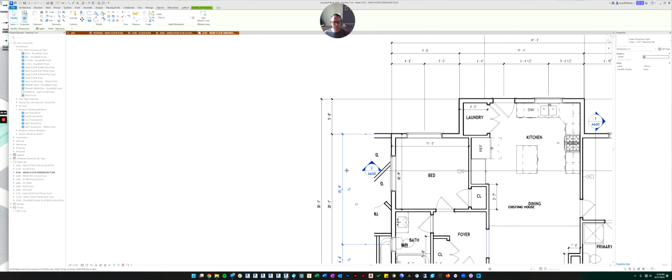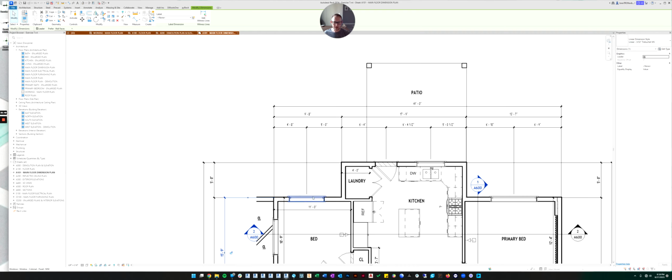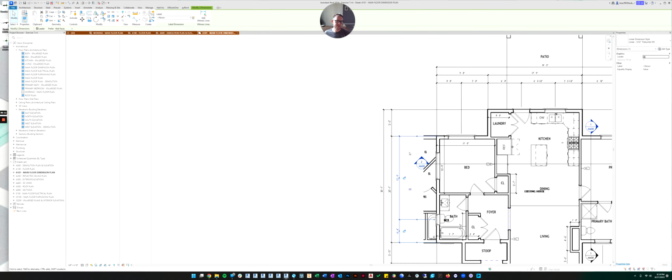So remember, the first row is you're trying to get everything, every building jog and every window and every door all in one string. And then the next string is just a summary string of all the jogs. So then you're just trying to get jogs in the building. And then the third string is the overall length or dimension of that whole side of the building. So you'll apply those same principles